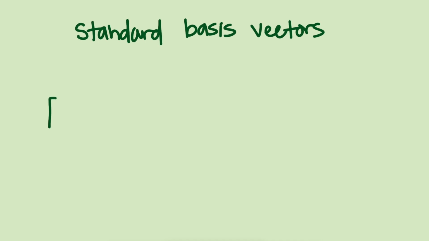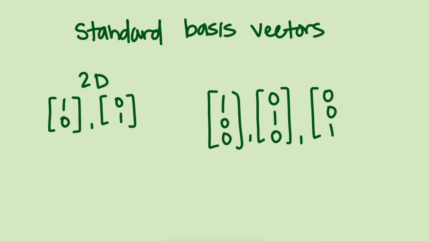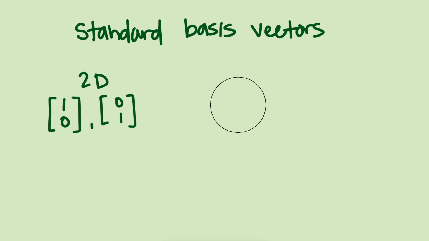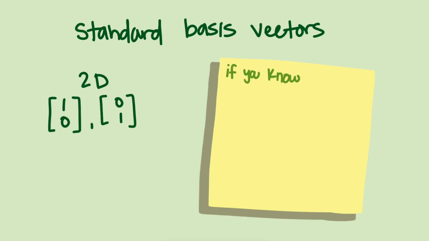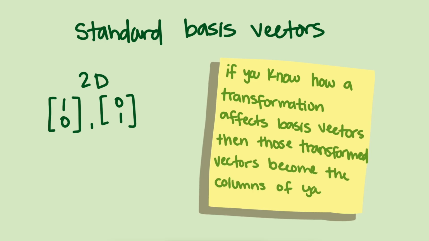We can use standard basis vectors. These are the vectors 1, 0 and 0, 1 in 2D, or 1, 0, 0, 0, 1, 0, and 0, 0, 1 in 3D, and so forth in higher dimensions. There's a simple but powerful theorem for building transformation matrices. If you know how a transformation affects the standard basis vectors, then those transformed vectors become the columns of your